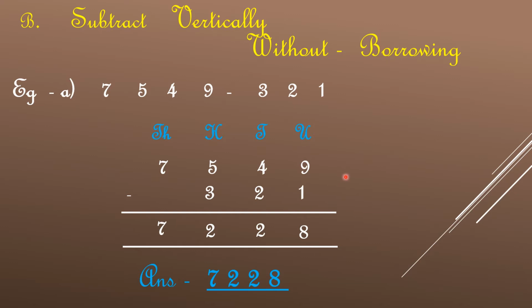As you can see, they have given the bigger numbers on top and the smaller numbers below. So the rule for subtraction, children, is if the bigger number is on top and the smaller number is below it, you can subtract it without borrowing. Let's go to subtraction with borrowing.